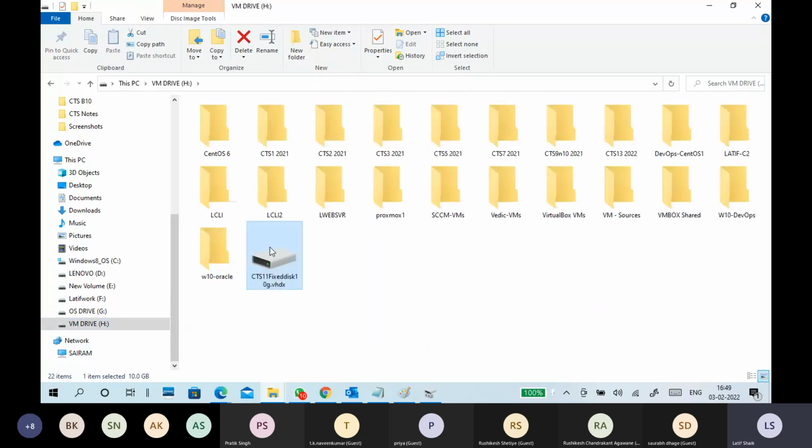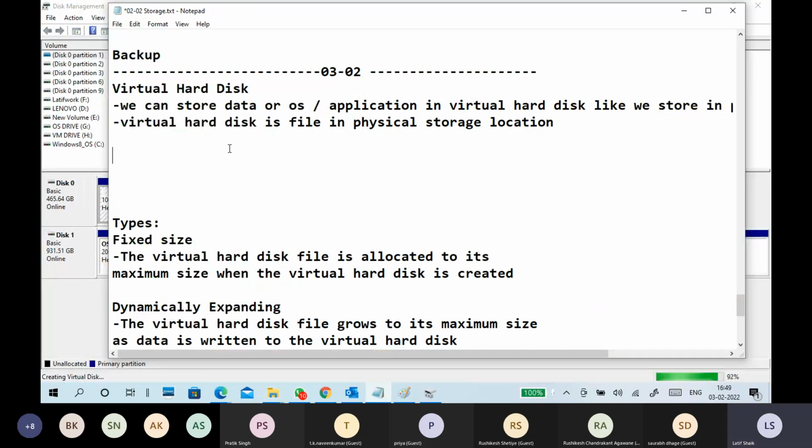It's also used for diskless servers, but we won't go into those concepts. We can use it for virtual machines, which generally have a virtual hard disk.